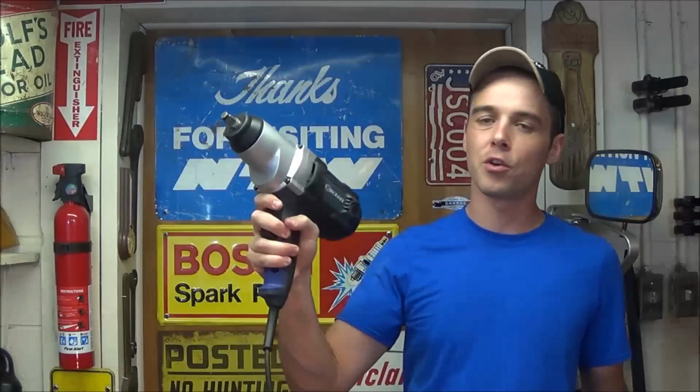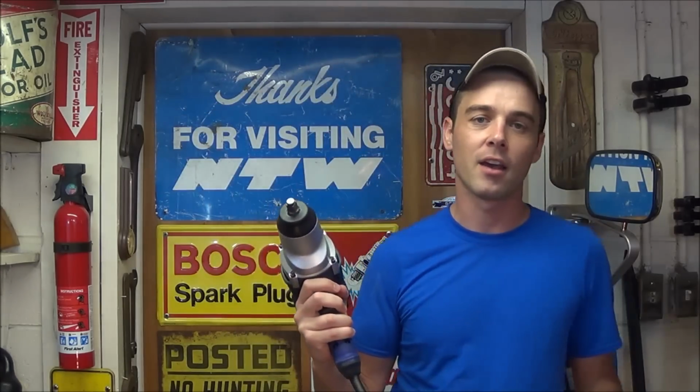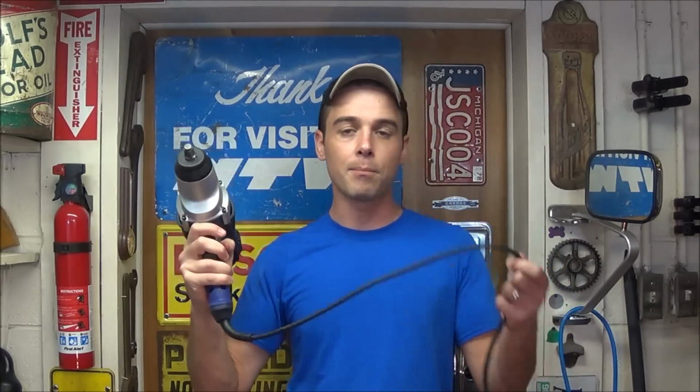Everybody. Today I'm going to review Kobalt's 8 amp, half-inch drive corded impact. And what's nice about this is the fact that you do not need an air compressor or batteries to operate it. And it has a simple cord that's going to plug right in the wall. And as soon as you plug it in, it's going to have maximum power, which is up to 350 foot-pounds